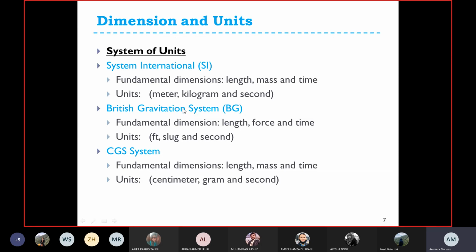You should know how to change the force unit from kilonewton to newton, the volume unit from liters to meter cube, and the weight unit from kilonewton to dyne. So you should be able to convert units while remaining in the same system of units,